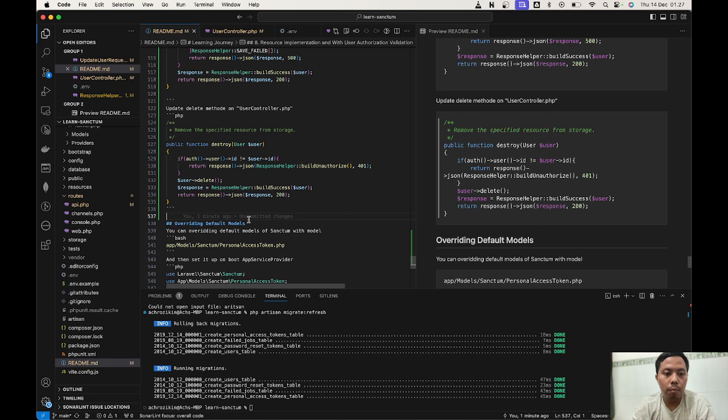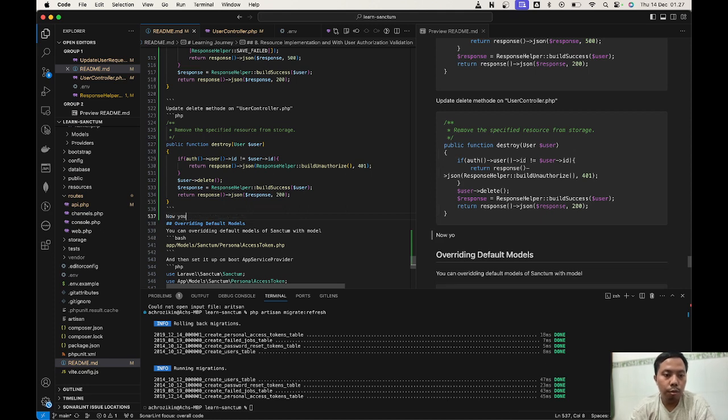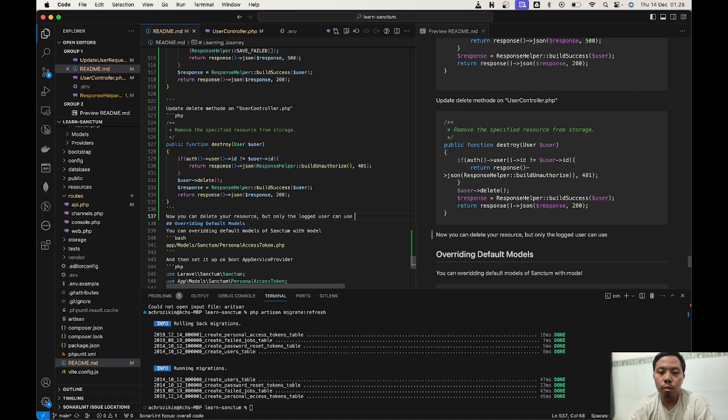Let's write the readme. Now you can delete your resource, but only the logged user can use this for their current data.